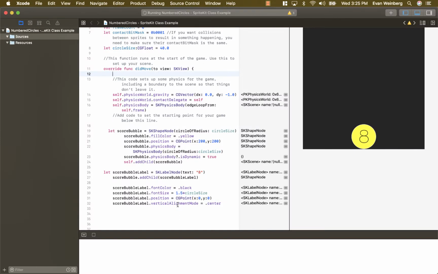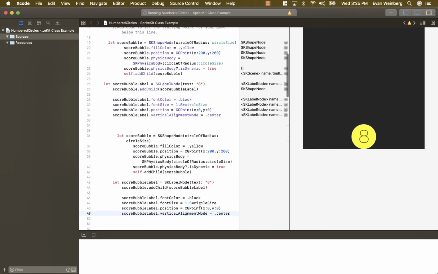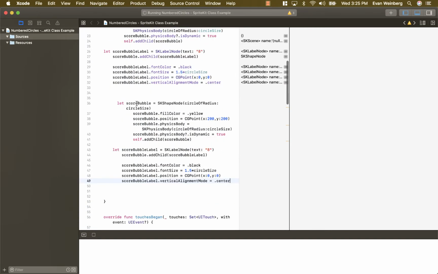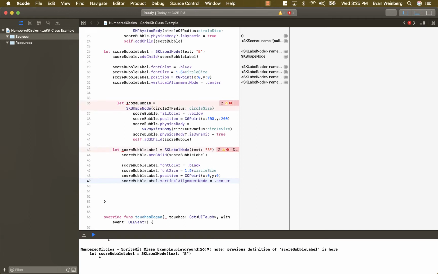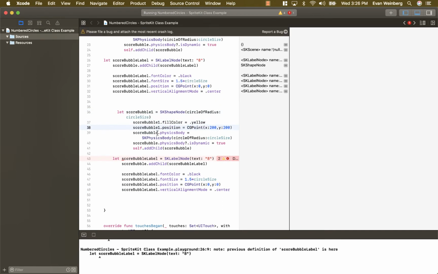Now this is all fine and good, but you might be thinking to yourself, this is a really boring game. Is it possible to add more of these? Now, of course, one thing I could do right now is take all of this code and paste it again, and you're going to get a bunch of errors because these are all referring to things that already exist in the game. Because score bubble exists, and so I could go through and make score bubble 1, score bubble 1, and just go all the way through, and eventually I will end up with